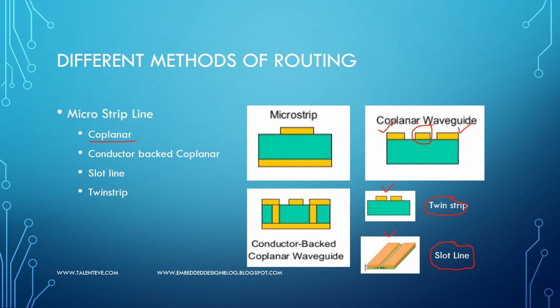And then in extension to these coplanar waveguides, you will have something called conductor backed coplanar waveguide, CPW, where you will have an additional ground support which helps in sinking the heat that is there on the board. Basically this is provided to have thermal support, and it also helps to give additional stamina to the PCB. So these are the different kinds of routing topologies.